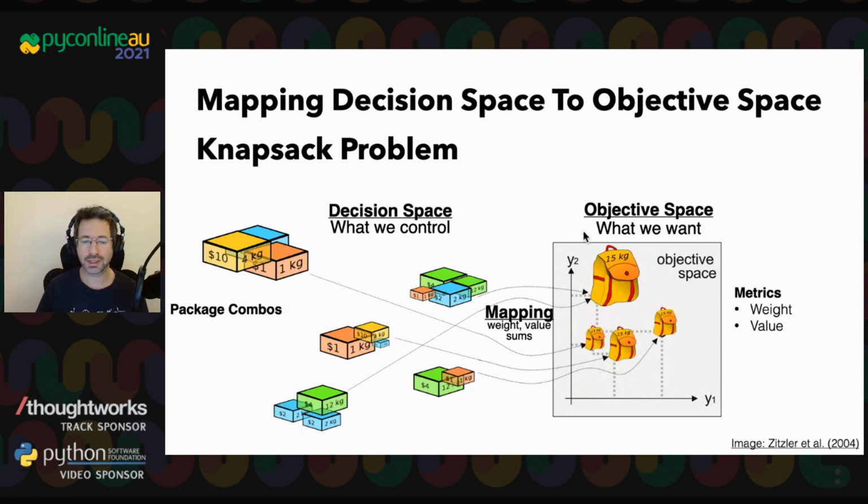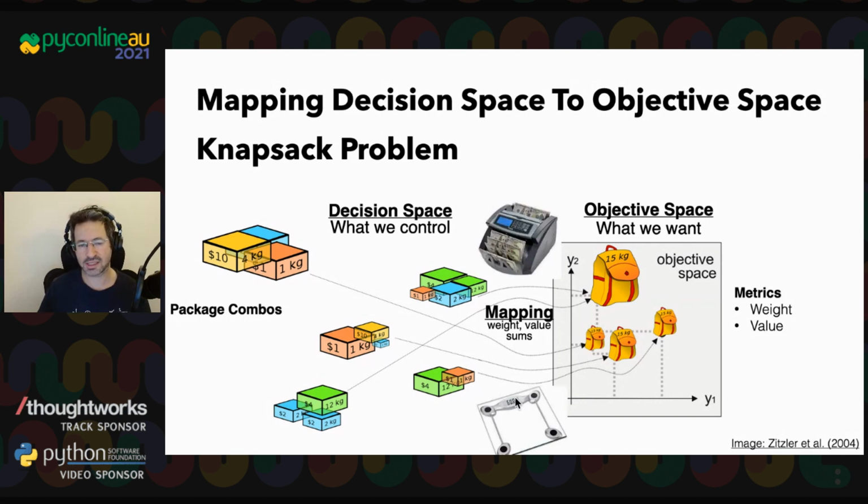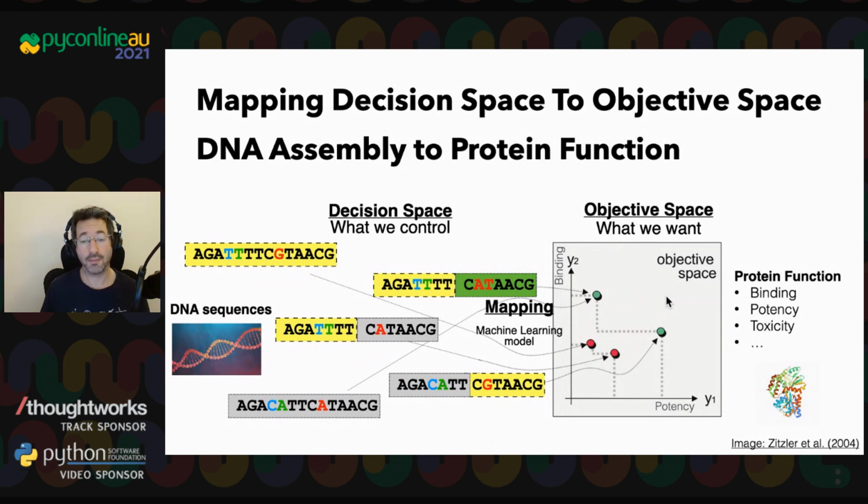What's also important to emphasize is you need a mapping between them. The mapping here is quite trivial, right? You just weigh the boxes, or you quantify the monetary value, and that's the mapping from decision space to objective space. So this is a very useful toy example, and later I'll show you how you can learn this in more detail. But I want to mention that I use this as a perfect analogy for my work